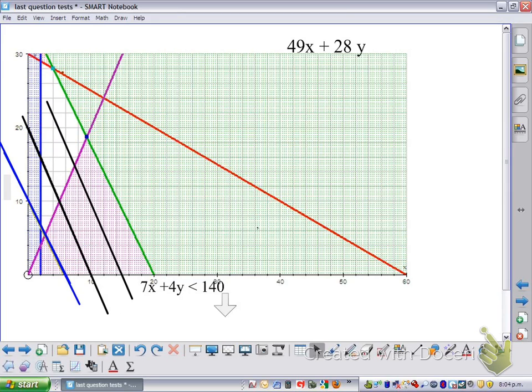This black line represents the old gradient function, and if we pass that through the feasible region, we can see where it exits. It exits where we know it exits, which is at that point right there. Not a problem. This blue line has been drawn with a gradient of approximately negative 1.75, and that represents this profit equation. And when we slide it through, lo and behold,